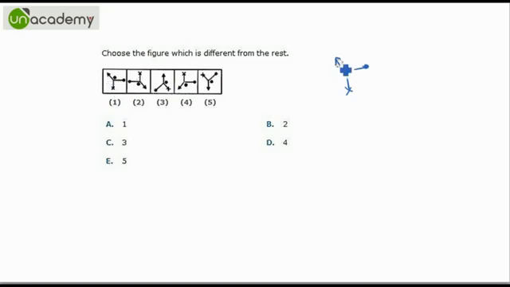So we observe the pattern. The dot is in between the arrow and another dot. This figure is following this rule. This figure is following this rule. This is not following. This is following and this is following. So simply we get the answer very quickly. That is the figure that is not following because it has the dot between arrow and X. So the correct answer is option C.